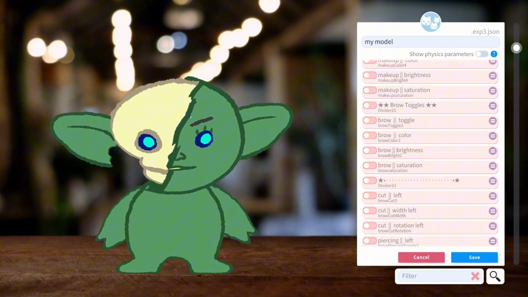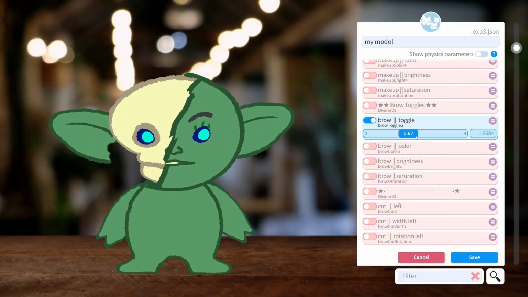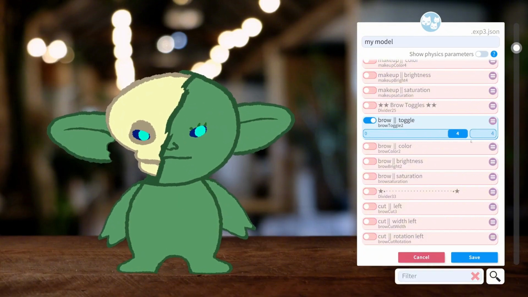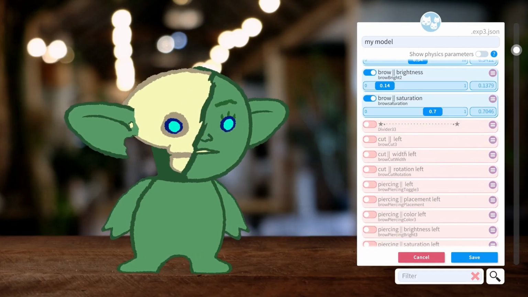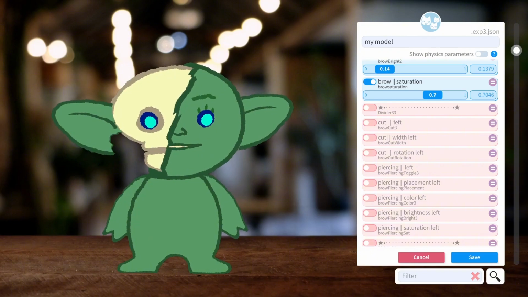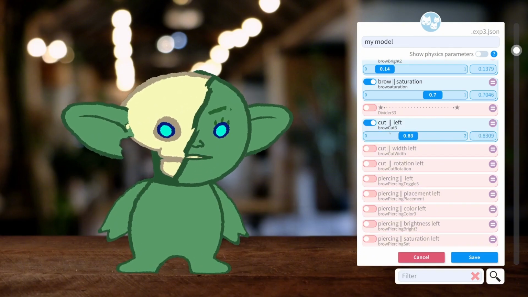Brow toggles. We only have one brow option right now, but you can see we have different options for eyebrows, or you could have no eyebrows. Here, we have our dividers. This is dealing with the left eyebrow, so anything we do, because we don't have a left eyebrow, anything we do,